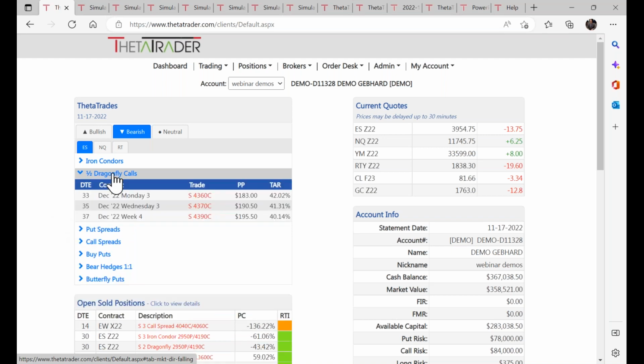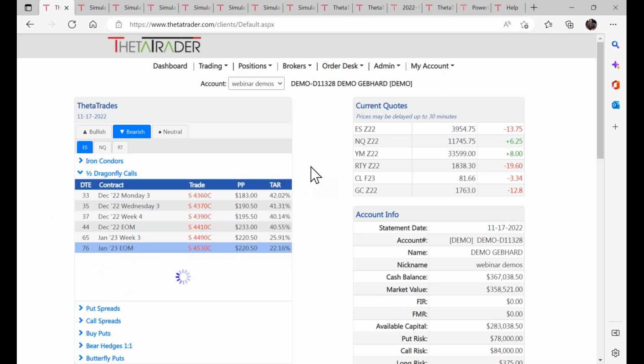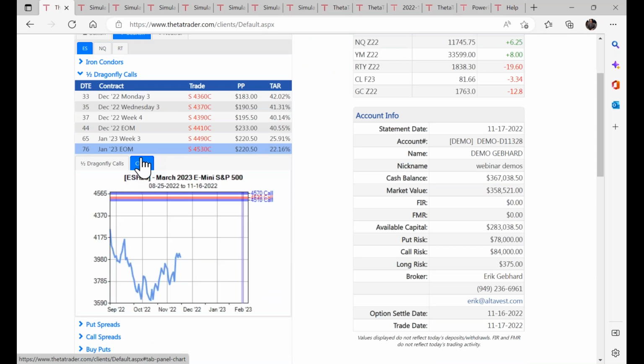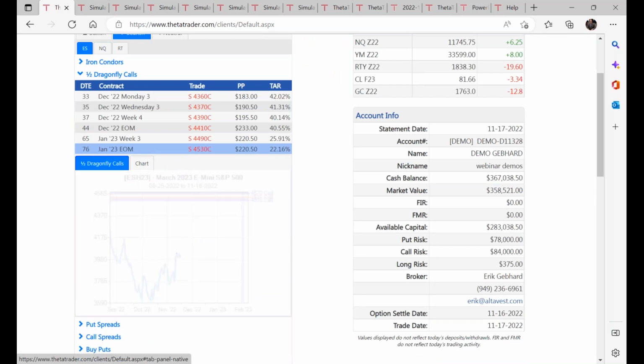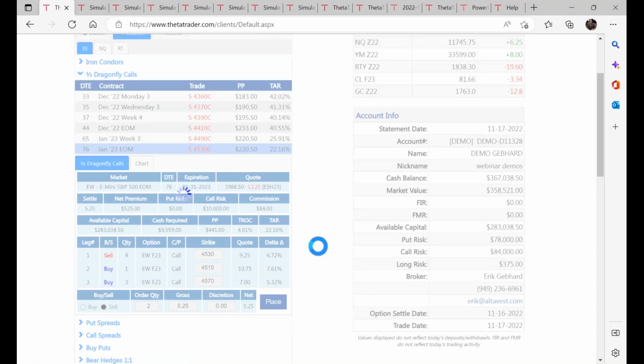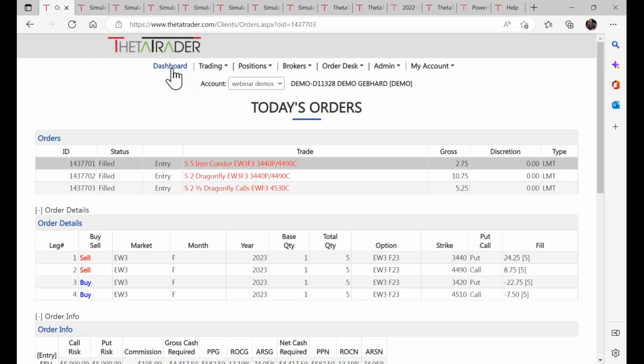Here's an interesting thing to do. You could just do half the dragonflies, for example. I mentioned that maybe 15 minutes ago. And then I'll point out one other thing, and I'm going to jump to the last segment here I want to show you. But you can see just the call side of the dragonfly. If you wanted to do that, and just for kicks, why don't we do 2 of these here? You're trying to collect 5 1/4 for each one, and there it is.